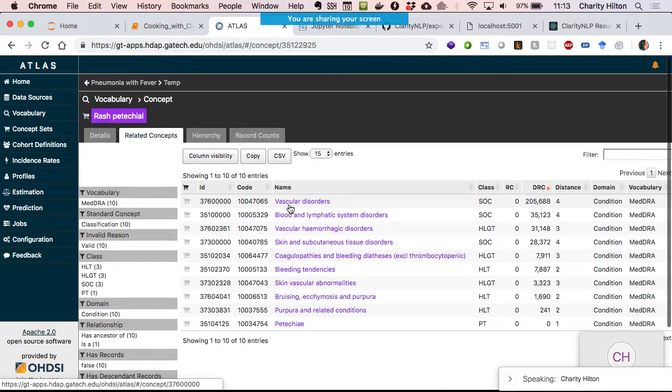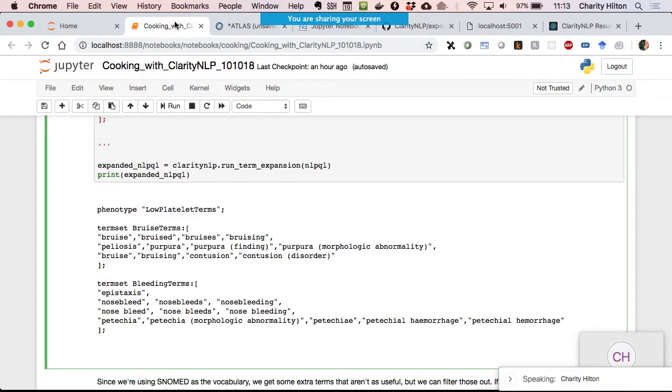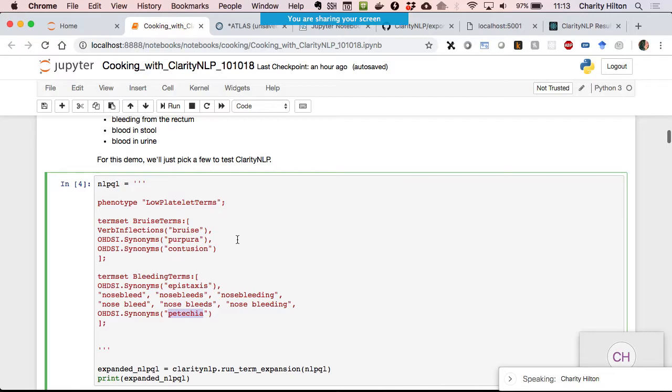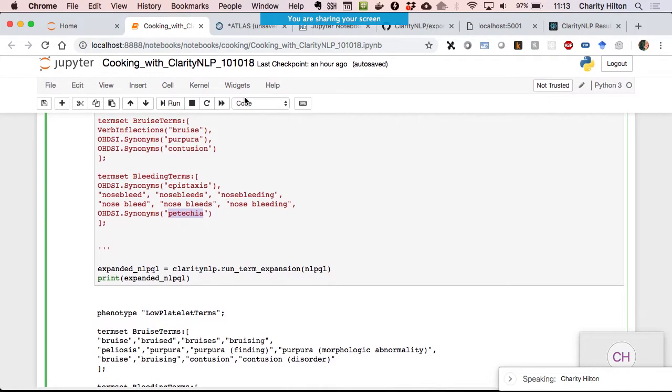This is just more of a graphical tool, so I just wanted to point that out. And you can save these, you can export them, and then use these and copy back to Clarity if you wanted to do that too. So in addition to these term expansion tools, I did want to point out that Odyssey has a really nice UI for exploring vocabulary